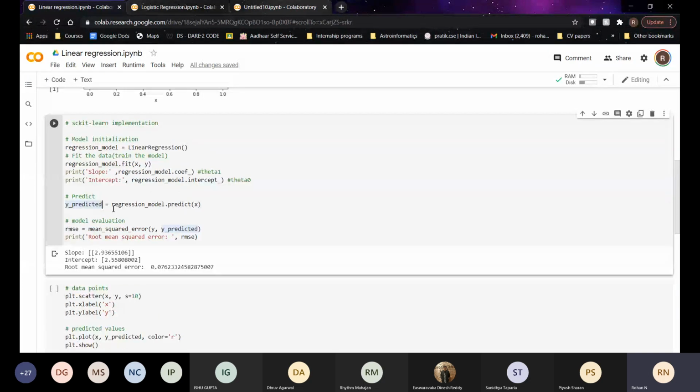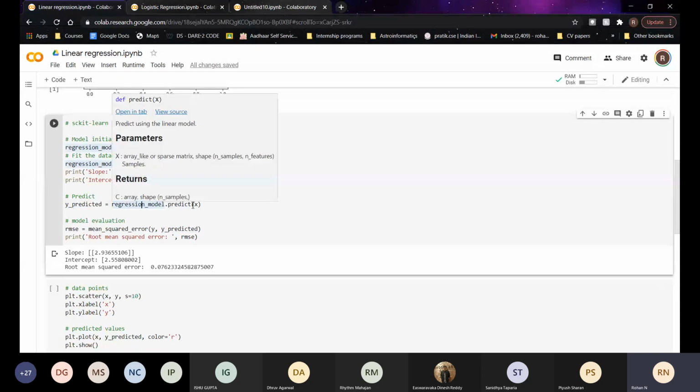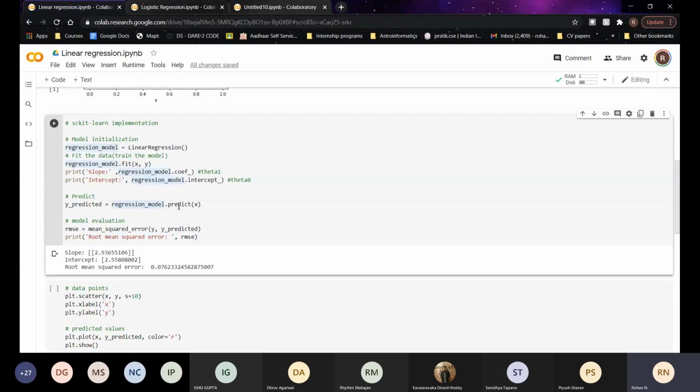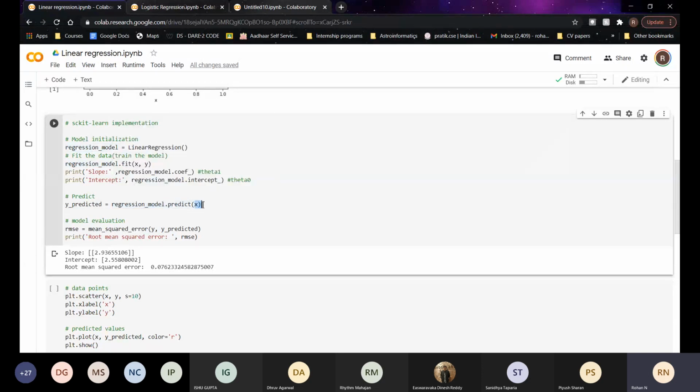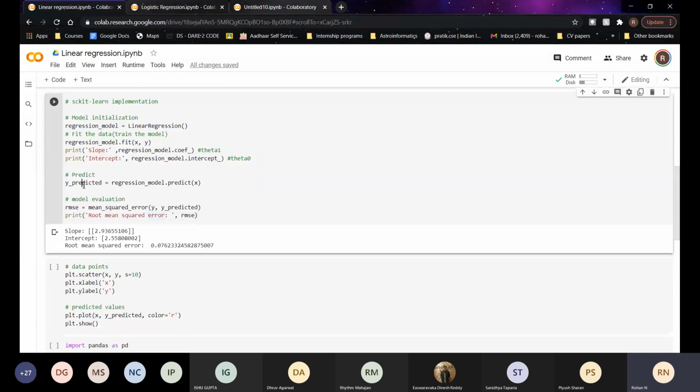Then we also predicted. We used the dot predict function to use our model to predict all the y values for the corresponding x values. So now y predicted is just another array of 100 elements, all the predicted values.